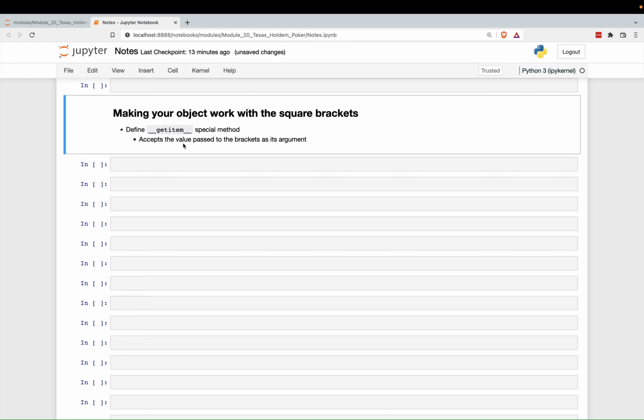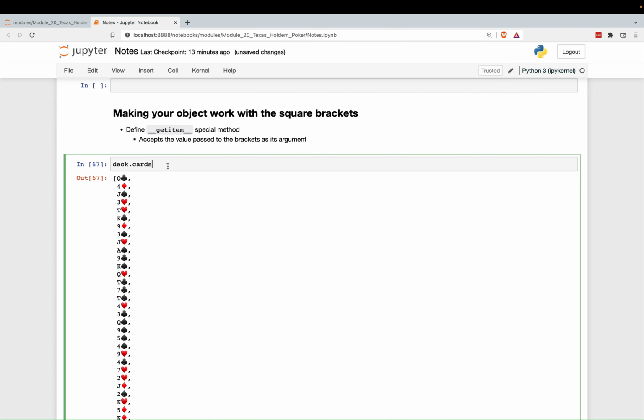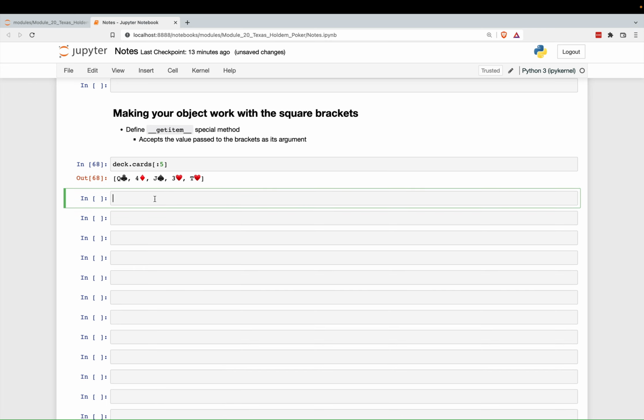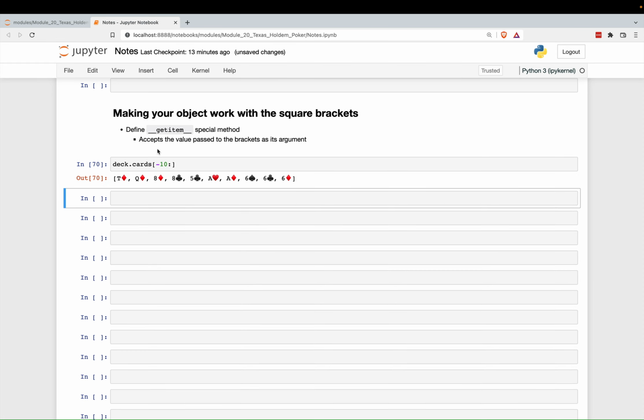We're now going to learn how to make your object work with these square brackets. So again, here is our deck. We don't have a nice representation, so we can look at deck.cards. Now we know we can slice this, okay, we can get the first 5 and so forth. We can use these square brackets to select even a single card, maybe the last 10 in the deck, whatever you want. You can use all the rules over here